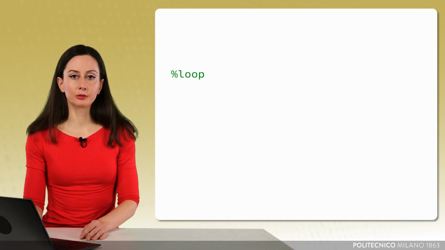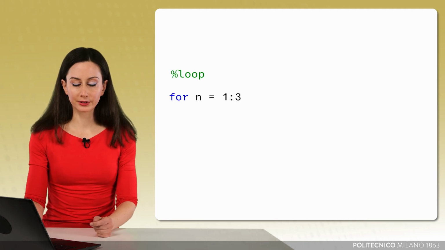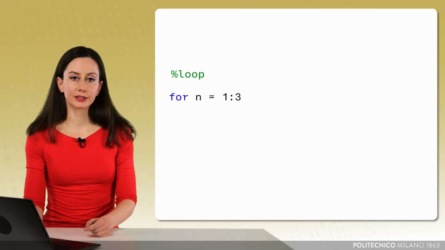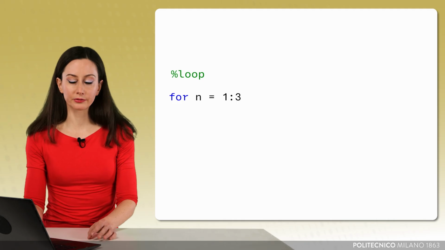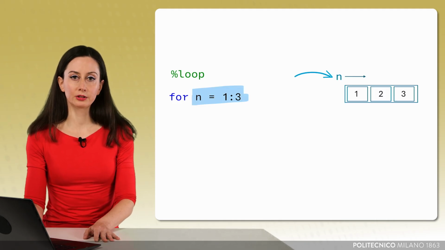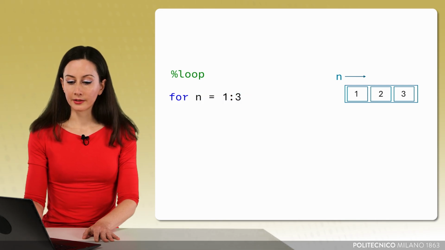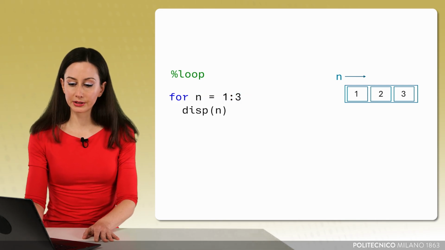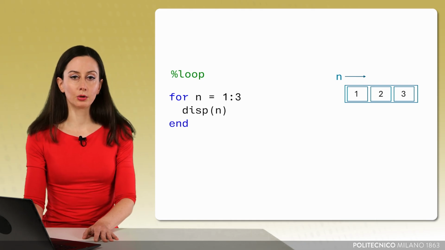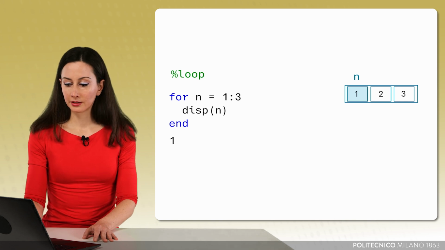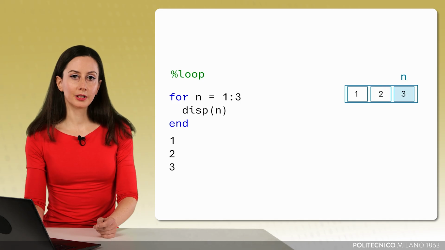To repeat a block of code many times, we can use a loop that begins with the keyword for. The n variable here serves as a counter to keep track of the cycles. And in this example, it takes values from 1 to 3 with a default increment of 1, so for a total of 3 cycles. And then we can write our instructions. For instance, we can print the value of n. And after the instructions, we need to close the loop with an end. Now in the first iteration, we will print 1, and then 2, and finally 3.